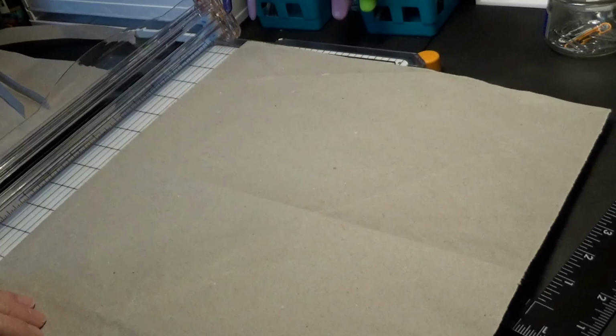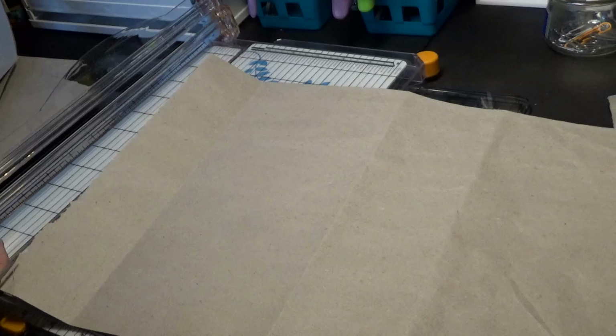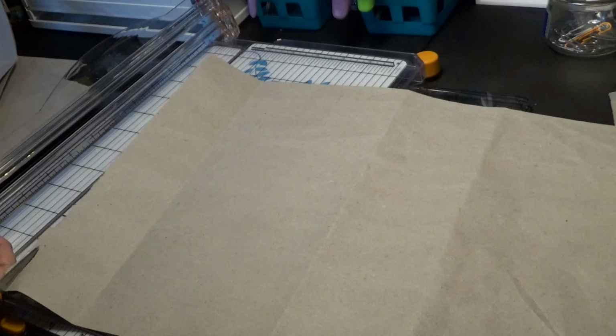And then that's going to make my page 14 this way and 11 this way, which is what I need. But I'm also going to straighten up this little edge. I could do that with scissors though, because you know I got skills. Okay, alright, so now that I've dazzled you with my brilliance,